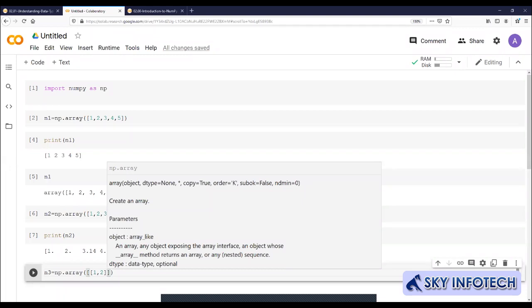The question I had is, why did it not write 0 after the dot? It should be 1.0, 2.0, 3.14. Yes, ma'am. But again, dot means it's converted into a float. Okay, ma'am. Means 0 is not printed. 0 is not printed, and what it did is it automatically detected there is one float number in that list. Yes, ma'am. So it converted the whole list into a float. Okay, ma'am.